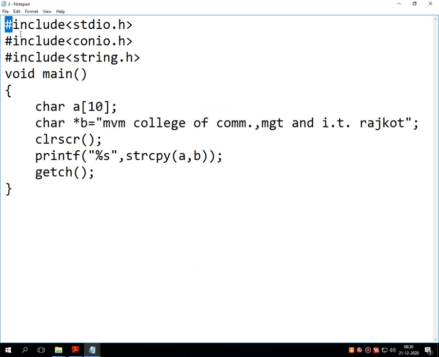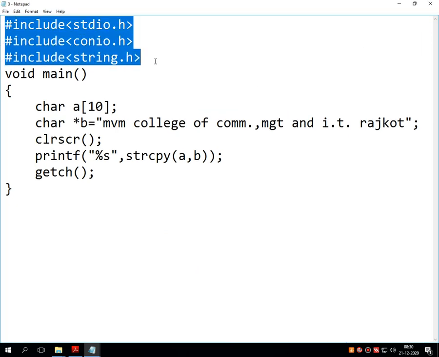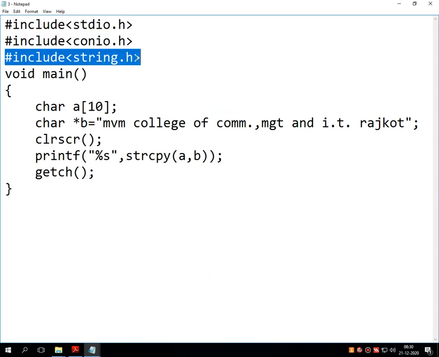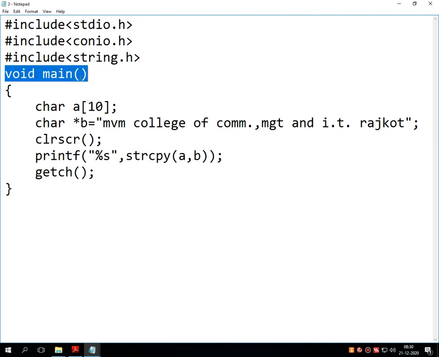This is the code. What I have done first is I have included a specific library, #include string.h, into the program.